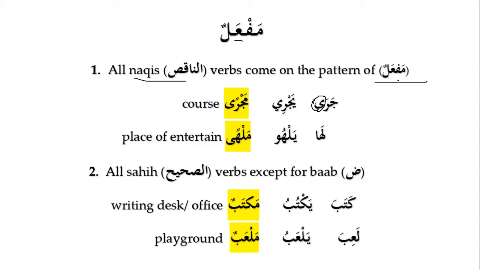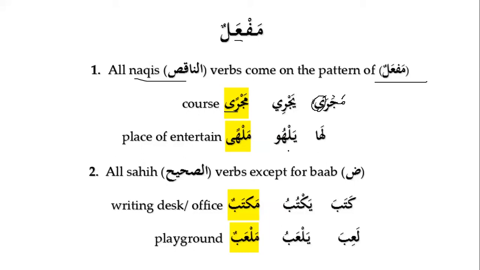So it is on the pattern of maf'alun, but as we know this is manqus, and manqus basically either takes fathatain or kasratain. The simplest way to make it is to put a meme before it, meme with fatha, make the second letter sakin, and then put fathatain, so it becomes majran. The simplest way. So it will be majra, or majran if we don't stop.